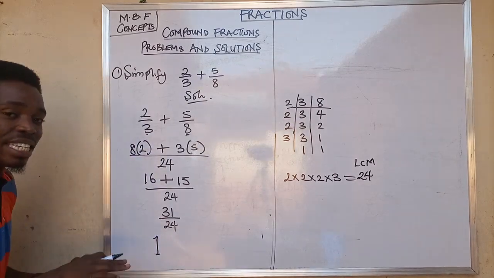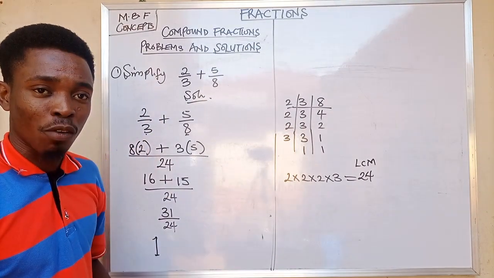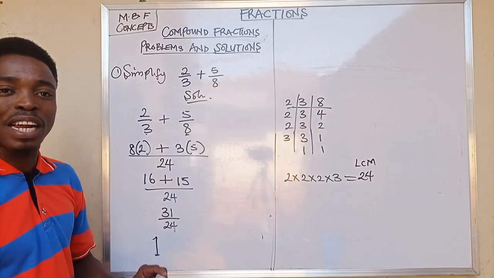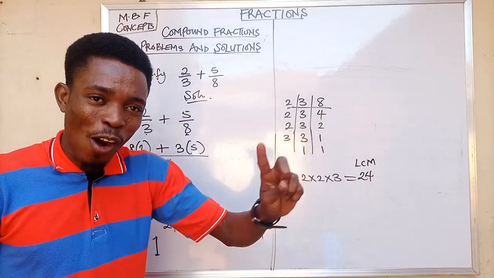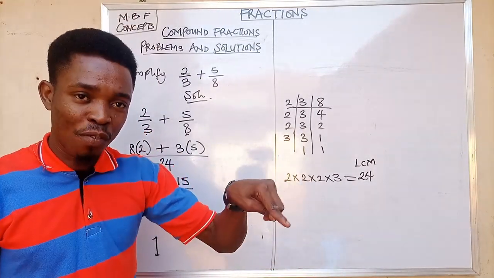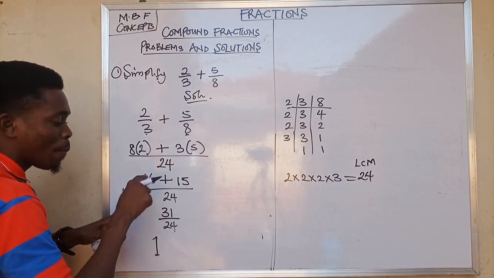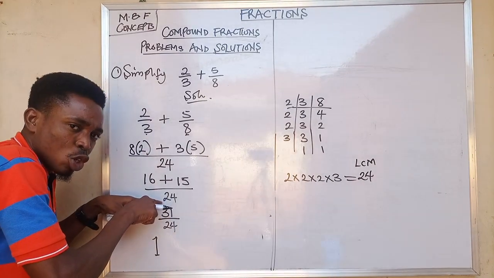This one now is the whole number. Why the remaining part is the what? The fractional part of it. Are you there? Because we said earlier that a fraction is what? A part of a whole number, not the full whole number, but part of a whole number. Now, what do we do here? Now that we have successfully known the number of times 24 will go into 31, and we have put it there,